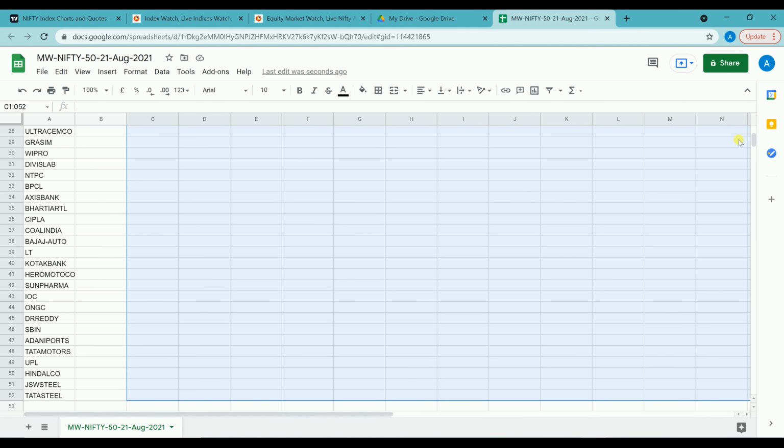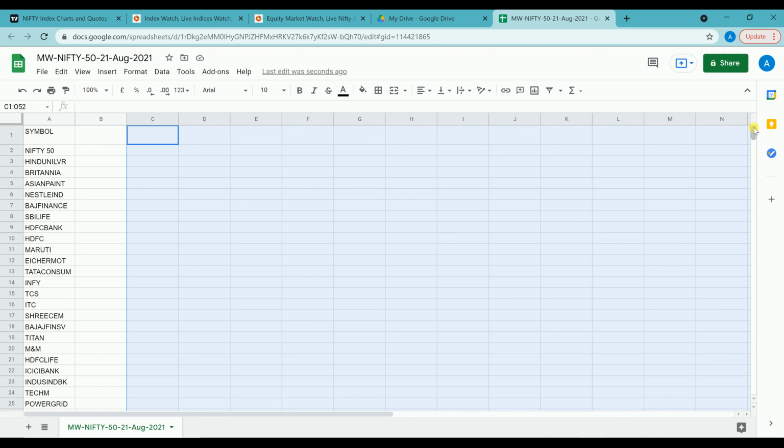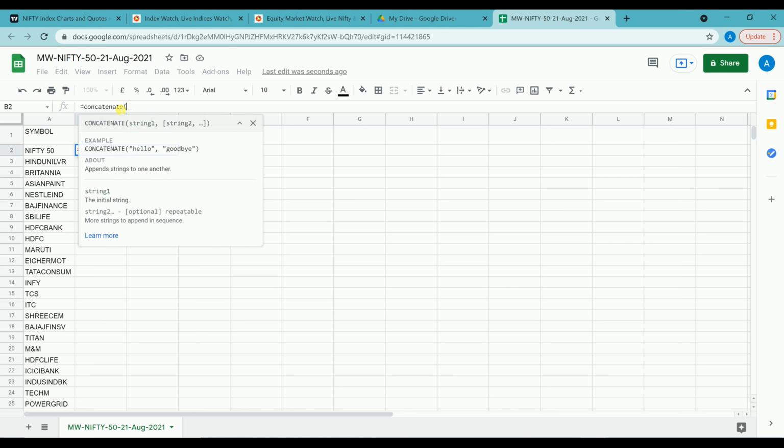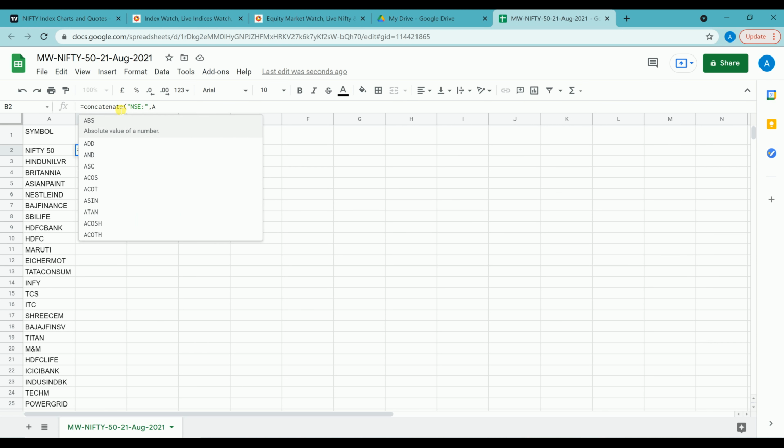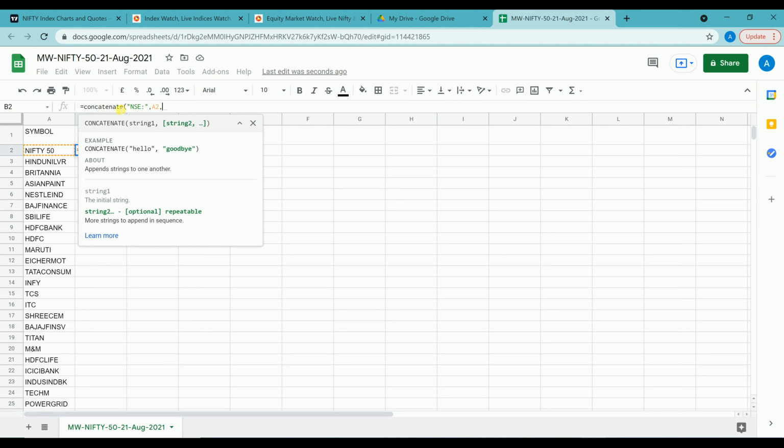Now you go all the way to B2, because that is the next cell of your first symbol. You type in equal to CONCATENATE, in the bracket NSE, then you select the cell A2, because that is the cell that contains the first symbol, right?